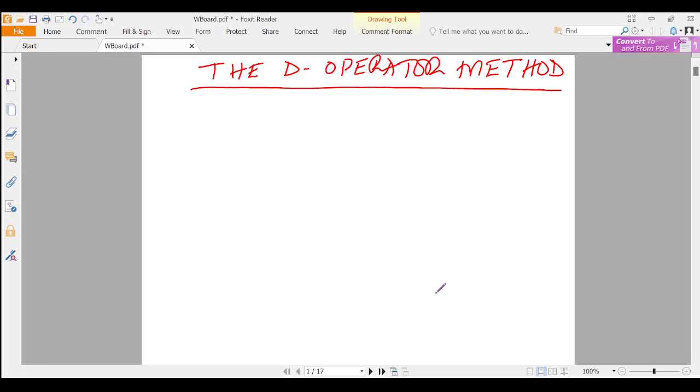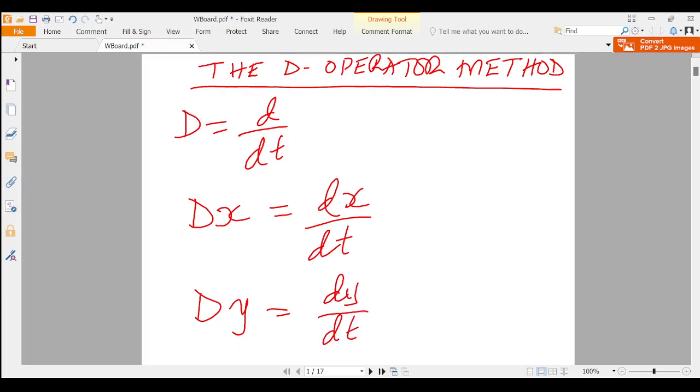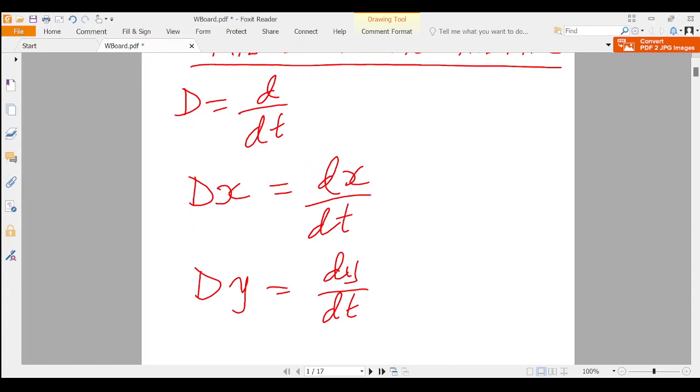So we shall define the operator D as the differential or the derivative with respect to the variable t, so that when we write Dx, we shall mean the derivative of x with respect to t. Similarly, if we write Dy, we shall mean the derivative of y with respect to t. So when we have the two unknown functions x and y, and we have the differential equations defined in terms of these functions, which are functions of t, then we shall